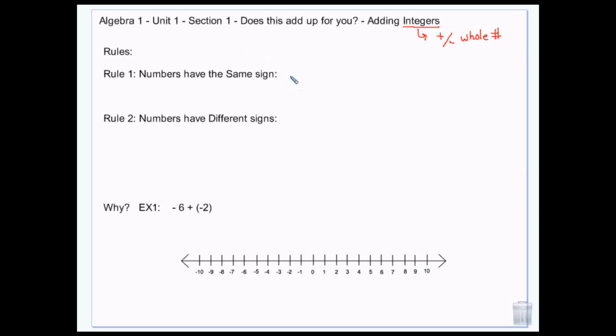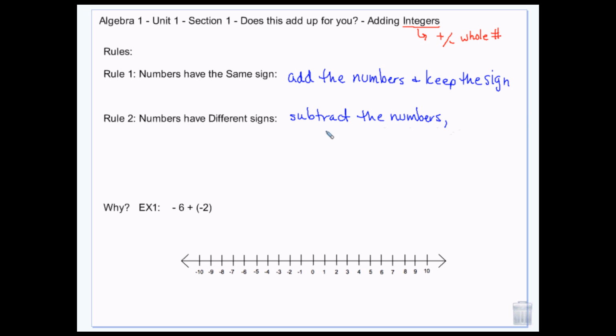If the numbers have the same sign, you add the numbers and keep the sign. So 2 negatives add up and make a negative, 2 positives add up and make a positive. If the numbers have different signs, you want to subtract the numbers. And you're going to keep the sign